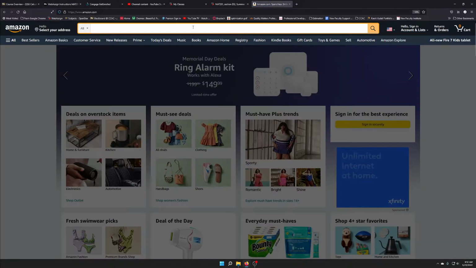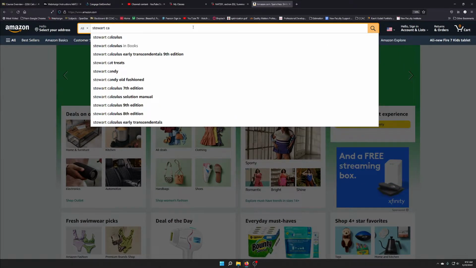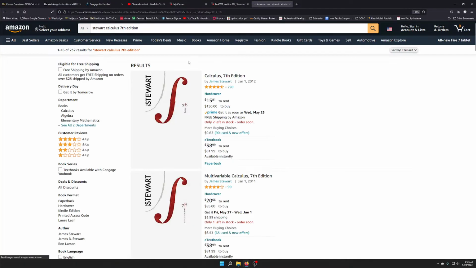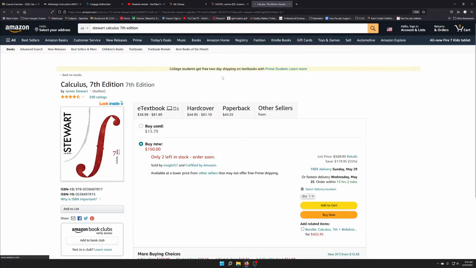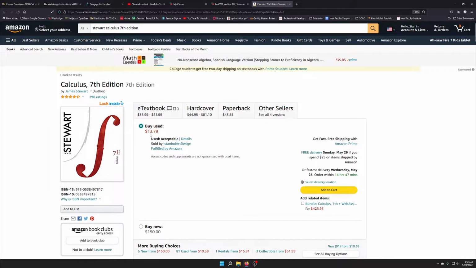But if you just went to Amazon and typed in Stewart's Calculus, and we're going to go with the 7th edition, so Stewart Calculus 7th edition, and we'll just click on the first one. You got all the options. If you look right here, it says buy used for $13.79. That's what I would do if I were you: I would just buy the 7th edition used version for $13, because this book, brand new,